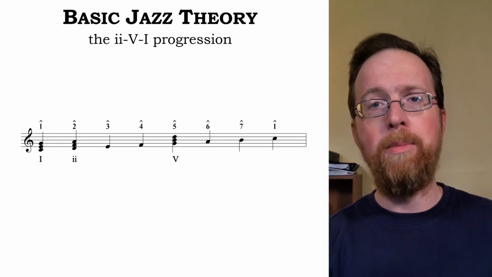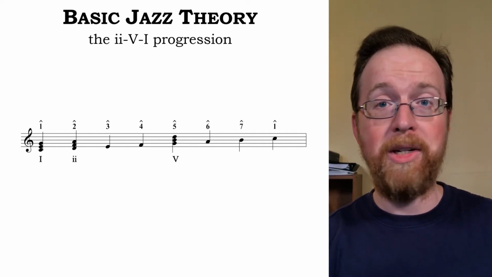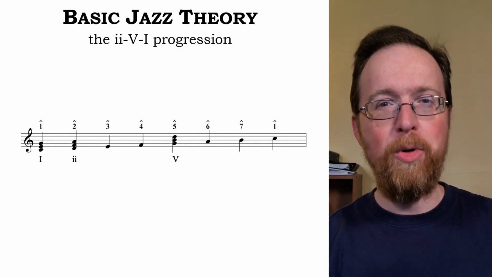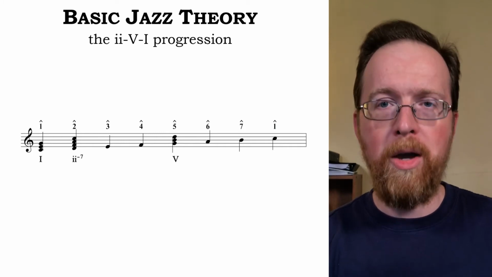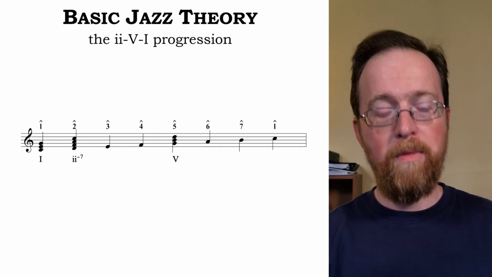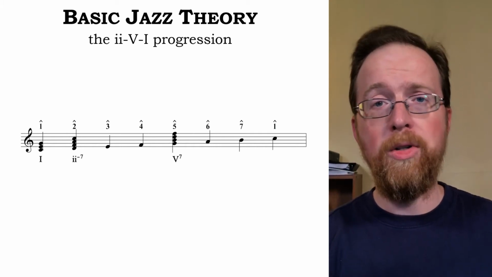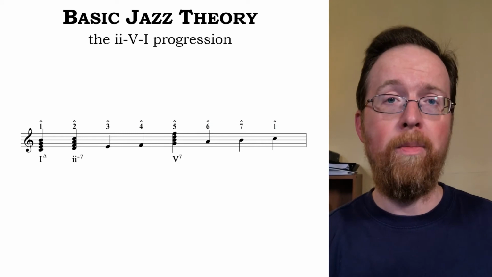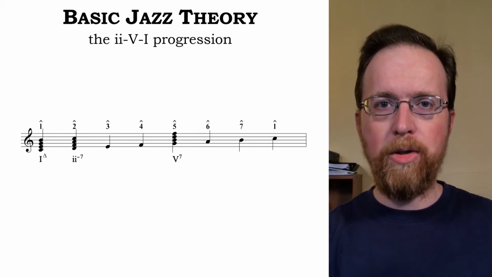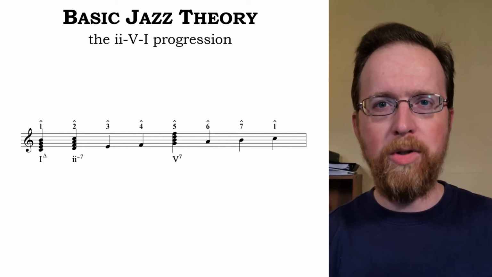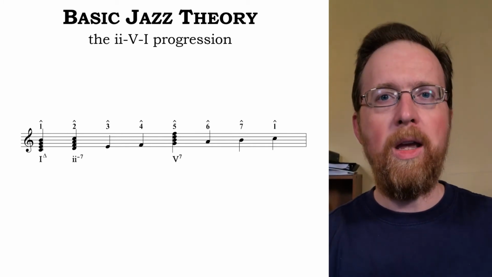Where classical harmony typically restricts itself to only the dominant 7th, in jazz we can stick 7ths on almost everything. So the 2 chord goes from being just a minor triad to a minor 7th. The 5 is the dominant 7th, the major-minor 7th, and the major 1 chord turns into a major 7th. So notice we just created a wonderful variety of harmonic colors. Instead of 3 triads of the same quality, like 1, 4, and 5, we have 3 functions, each possessing a